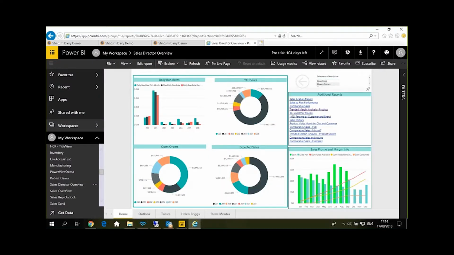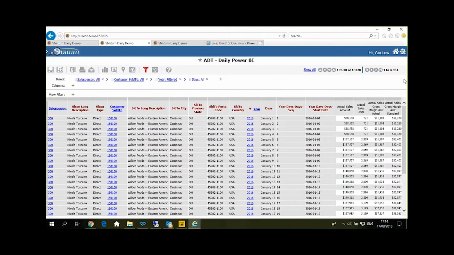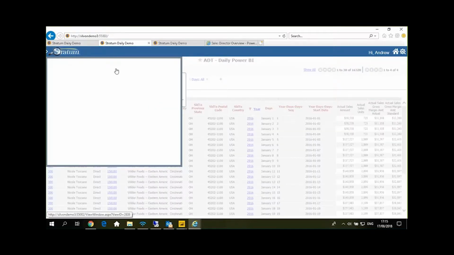Now, one of the options coming through on the latest release, or the next release on 6.9, is the ability to take the information, a large-scale table of information, for example, in a report like this, and schedule it through Broadcast Server to export out directly into Excel. And there is a new option available to you